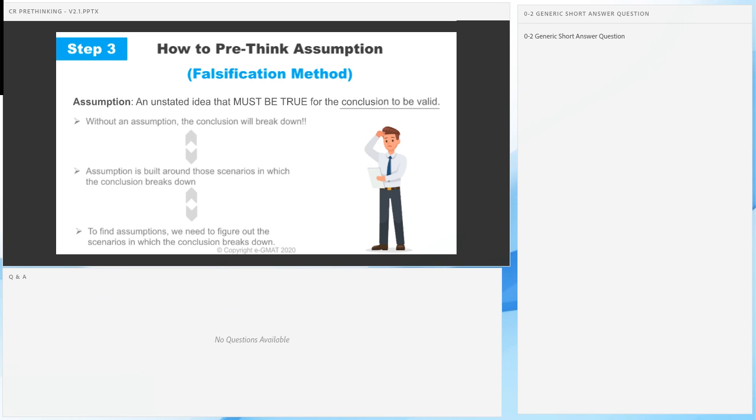So to find assumptions, let's look at the argument and see where my conclusion breaks, and all we have to do is put assumptions there. They're those essential pillars that the argument does not have today. That's something you have to place, so you have to figure out how the argument breaks down today. Does that make sense? You have to put those essential pillars, figure out where the argument's breaking down. Few more yeses, please. Does that make sense? Good.